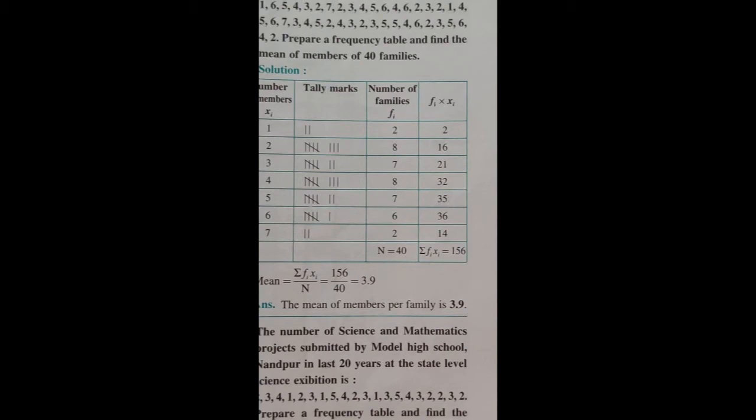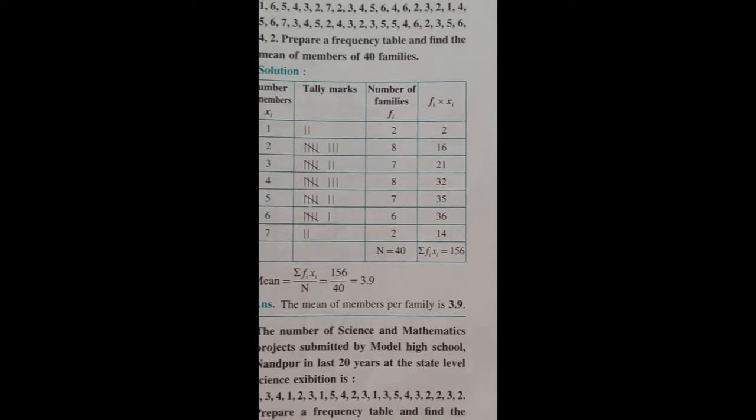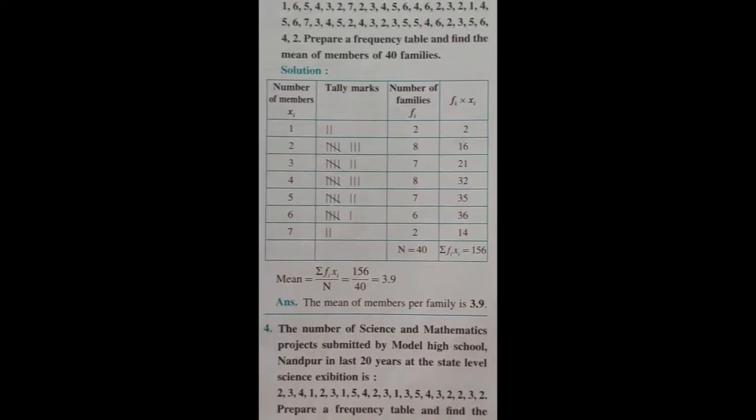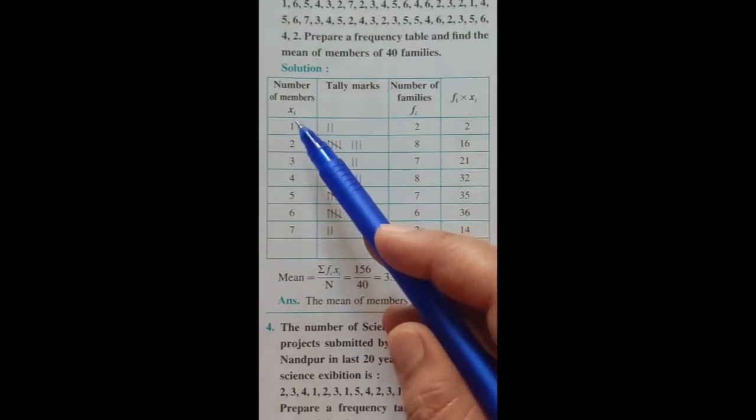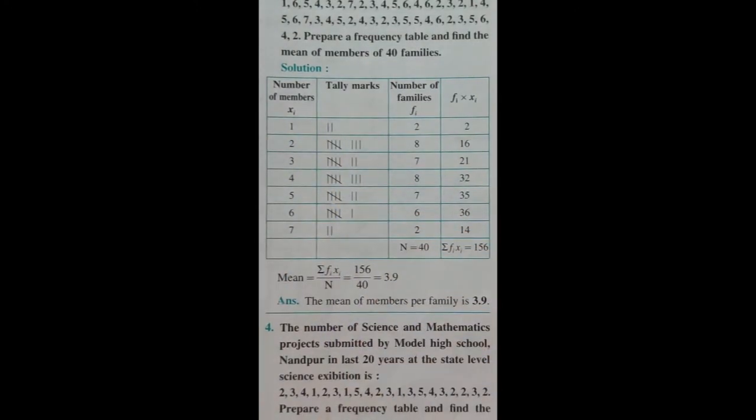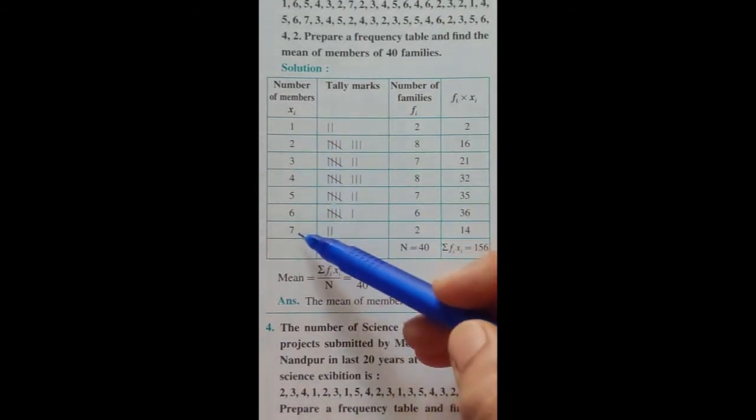Now children, we have to prepare a frequency table here. So let us first copy all the numbers properly in your notebook. This is the first step of solving this kind of questions. Your copying the numbers should not be wrong, otherwise the complete sum may go wrong. So how we will draw the frequency table is, first we will write solution. Number of members, that is your xi. How many members are given? They are in the numbers of 1, 2, 3, 4, 5, 6, 7. So I have written all the numbers 1 up till 7.